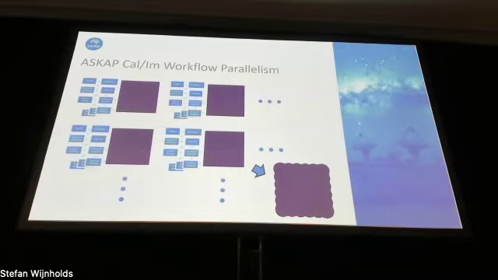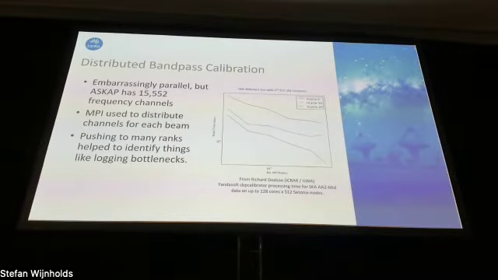Matt, in the next talk, will talk about some of the different workflows that we use to process the ASKAP data, but I'll dig into a few of the little boxes just to give a flavor of what's happening. Some of the tasks, like the bandpass calibration here, are what we call embarrassingly parallel. Each MPI rank has a subset of channels that it needs to process, and it doesn't care what any of the other ones do. But there are a few pinch points: they're all reading from the same place and writing to the same place. So if you've got lots and lots of processes doing that, you can potentially get congestion.